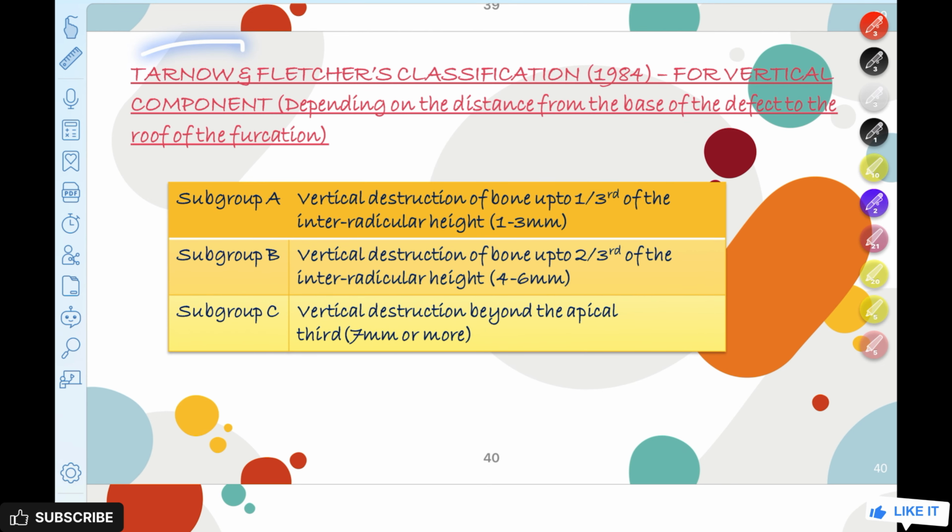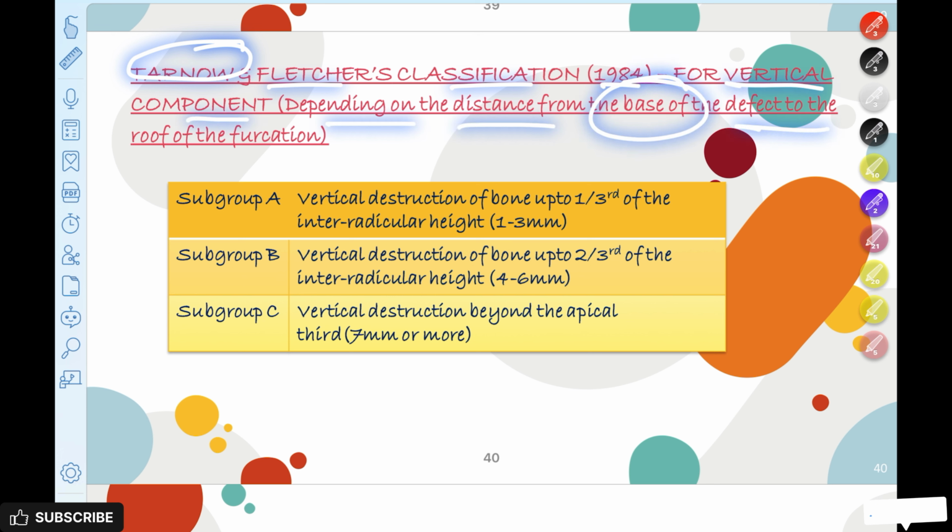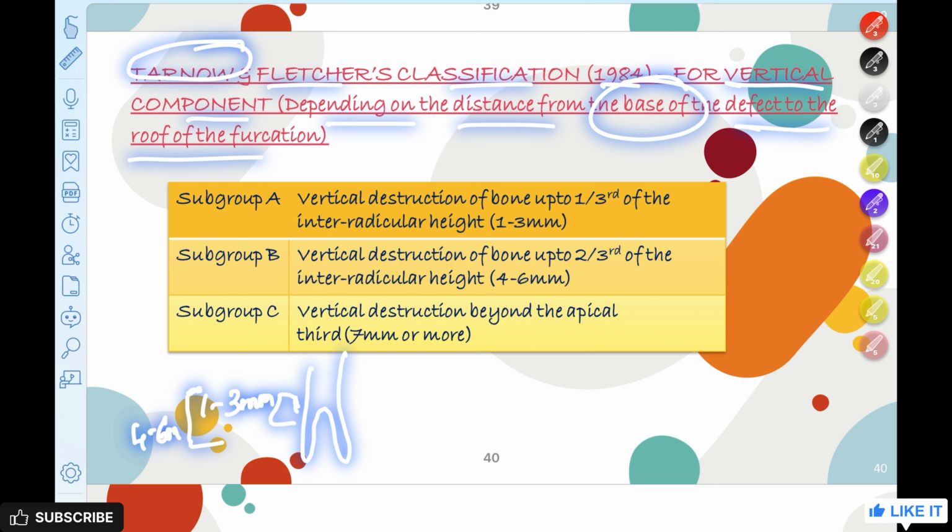So the next classification we have is Tarnow and Fletcher's classification given in 1984 for the vertical component, that is, depending on the distance from the base of the defect to the roof of the furcation. As we know, this is the furcation. If only 1 to 3 mm is involved, it is subgroup A. If it is 4 to 6 mm involved, it is subgroup B, and if more than 7 mm is involved,